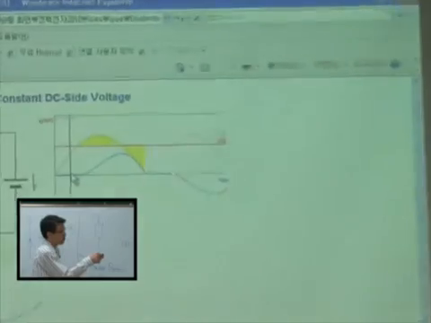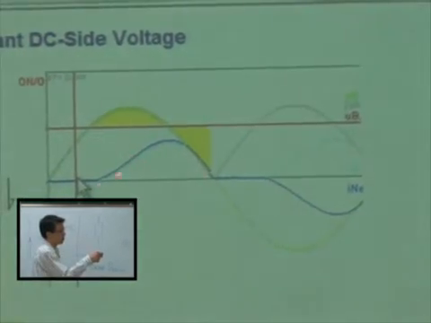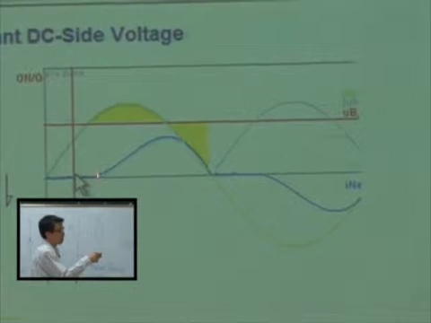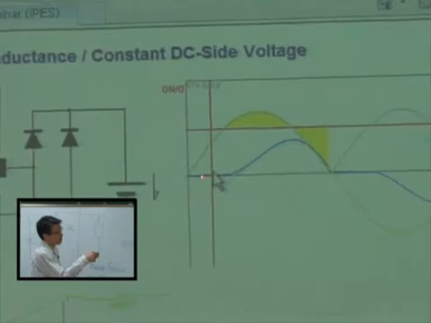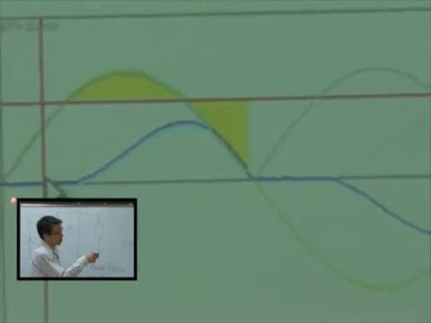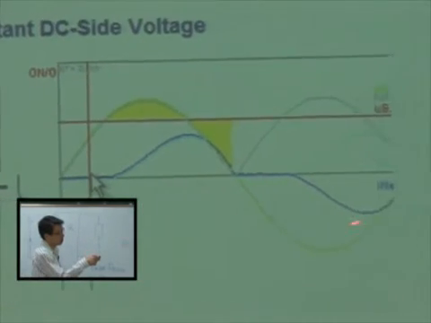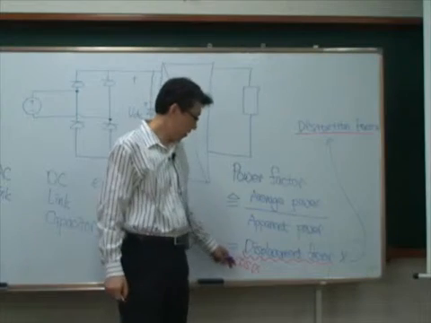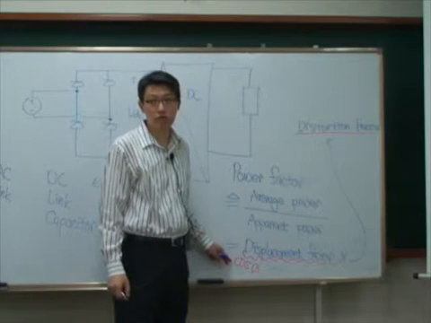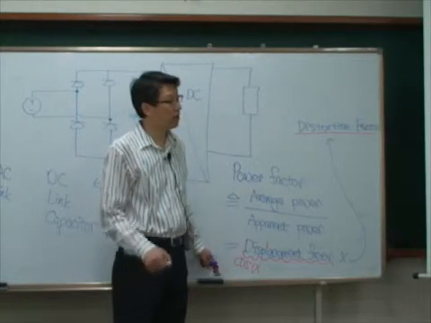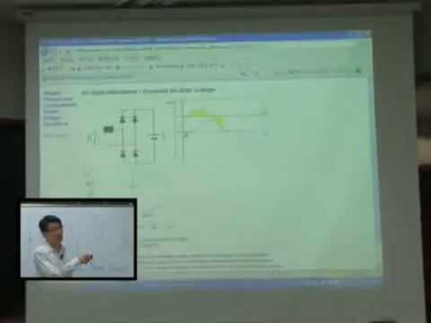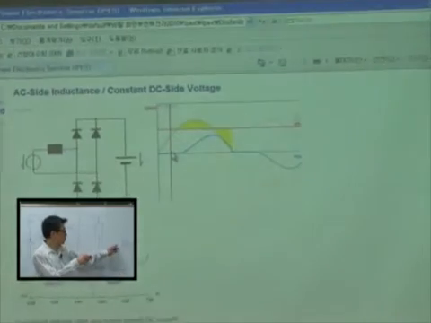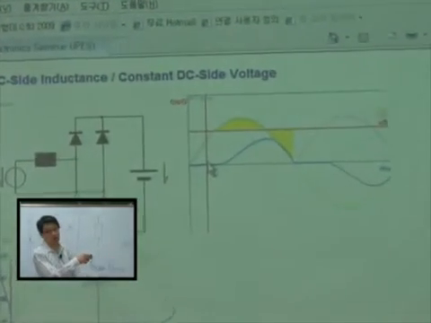So this waveform now is the AC side current. Okay? And you can tell the fundamental of this, maybe it looks like this, right? So it has some angle difference. Power factor is now, cosine alpha is not unity here. And it also has some distortion factor, less than